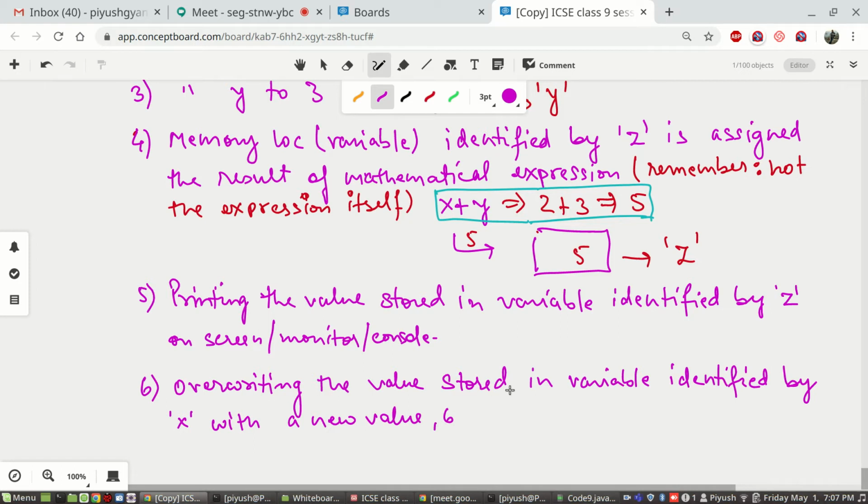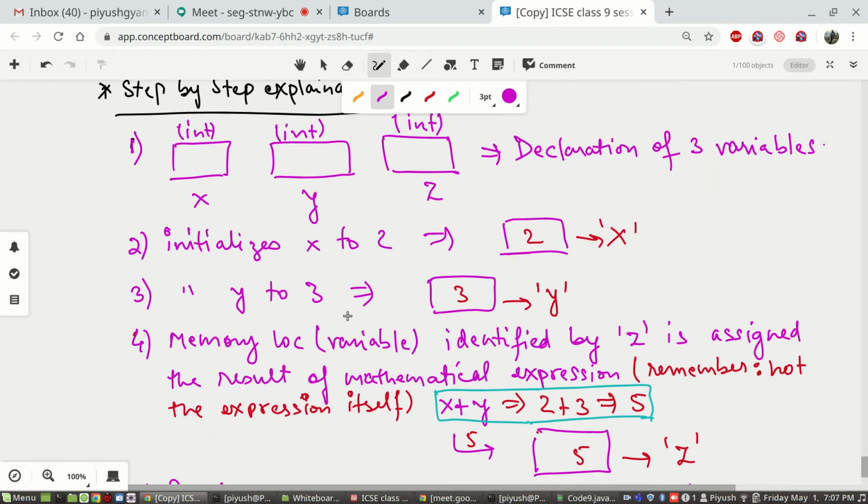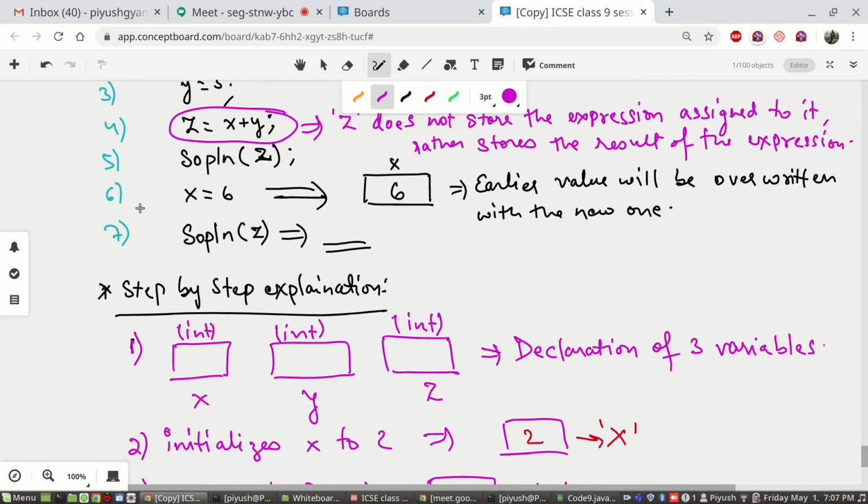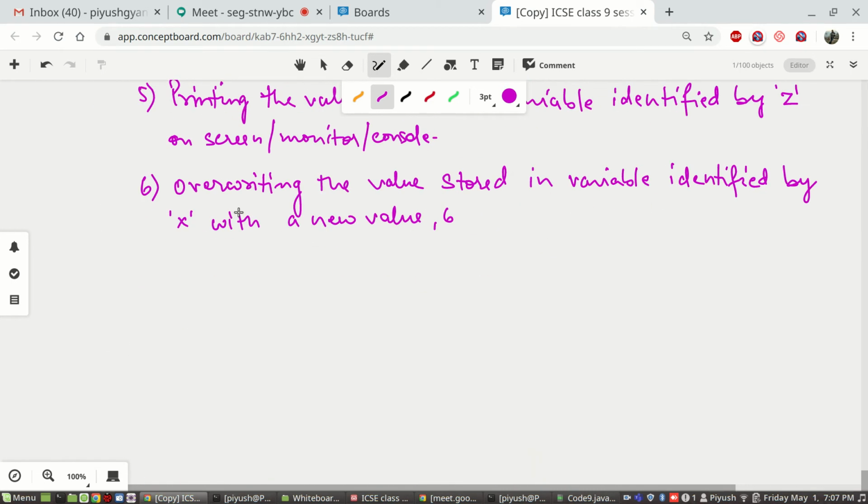Okay, so in this statement, statement number 6, you are overwriting the earlier value identified by x.